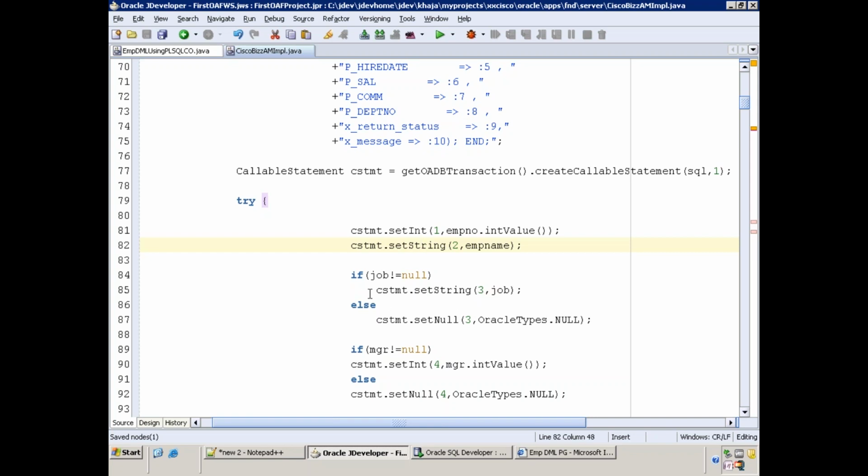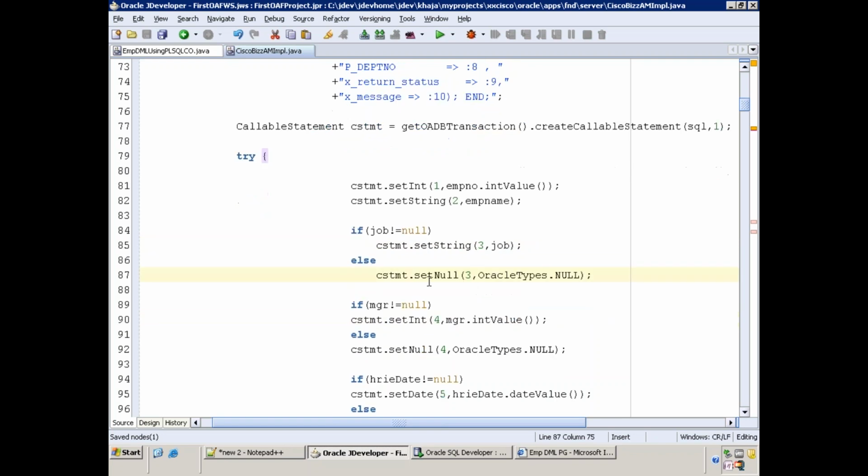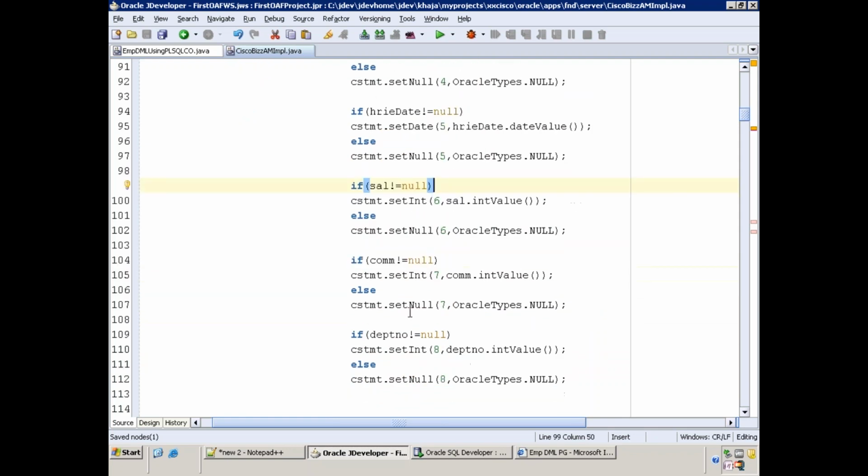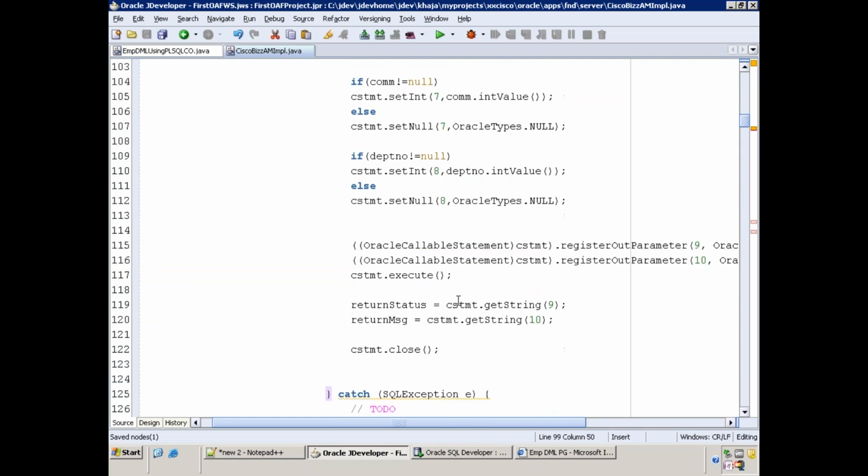Let us say if you don't enter the value for the job, the value of job will be null. So what you have to do, you have to pass the null value. Don't pass the empty string; it will give an exception. You have to pass explicitly null here. Set null, then we have to pass the database null there. Okay. So this will do all these things. These all if conditions are for the purpose of that only. Just check the null and set the value as null appropriately.